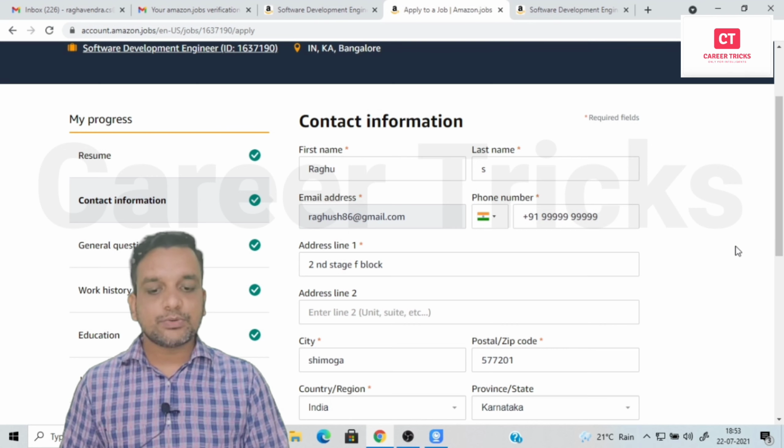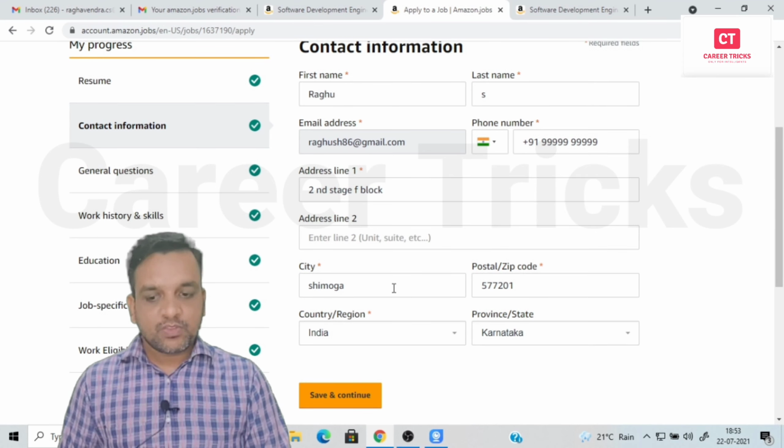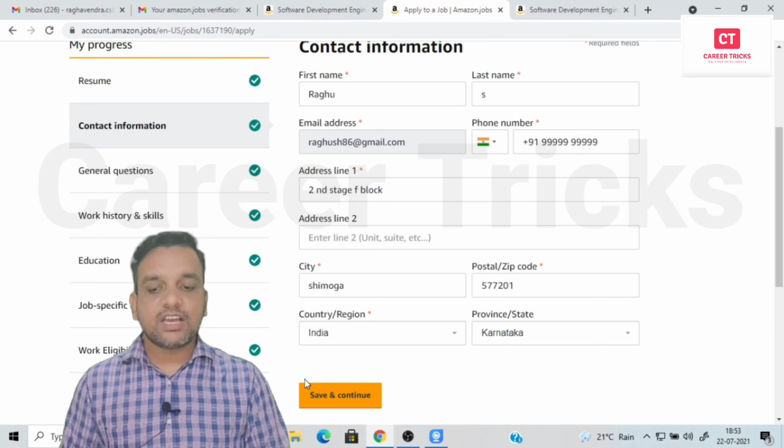Don't write the college address, write the permanent address. After writing the permanent address, write the city you are staying in, the pin code, the country you are from, and the state you are from. You have to mention all those things. Then you click on save and continue.